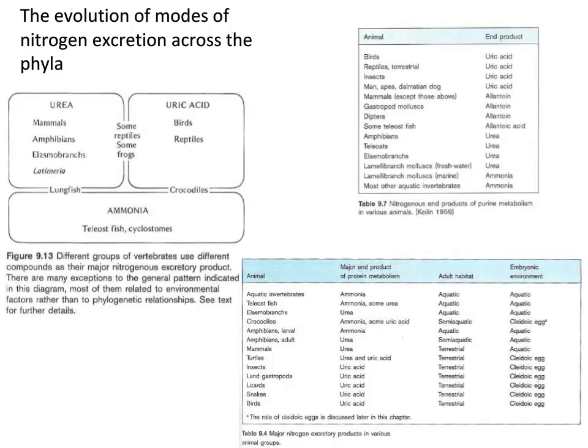Reptiles are lower down, excreting uric acid. But then we've got elasmobranchs and amphibians excreting urea, and teleost fish, which are high order vertebrates, excreting ammonia. So it's quite clear from this slide that the mode of nitrogenous excretion adopted by an organism is defined by its normal habitat